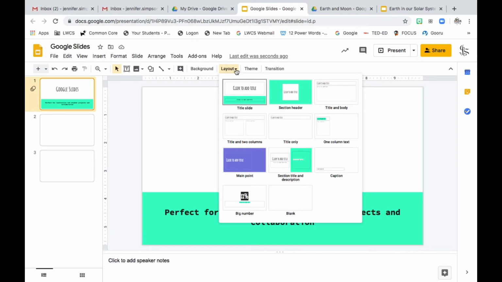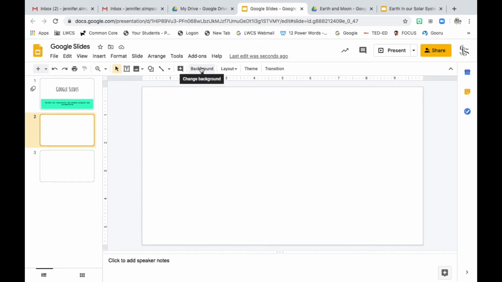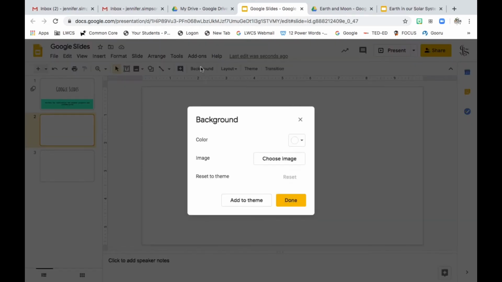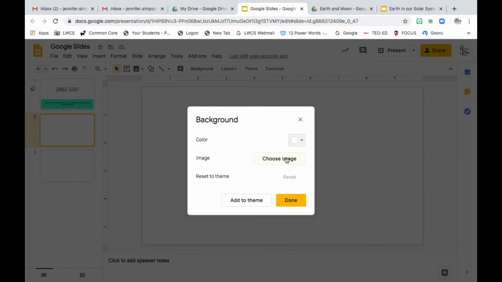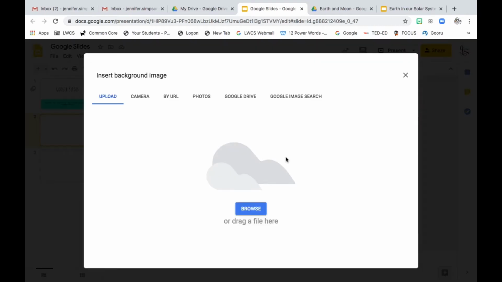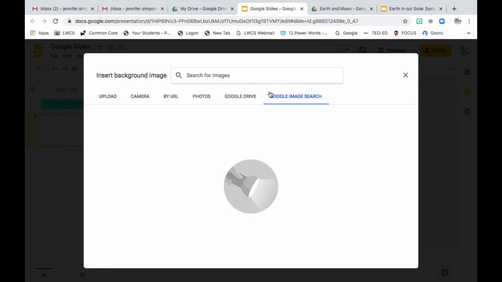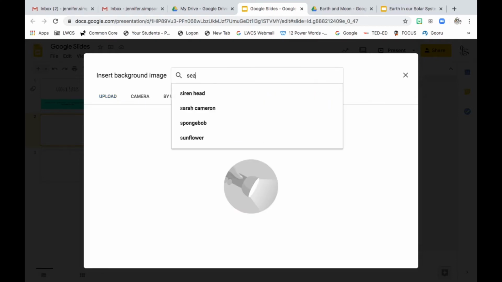Here are those layouts once again, like what we saw. So I always encourage you, anytime you see that drop down arrow, click it and see what options they give you. Background is something that our students have really become accustomed to using. You can change the color of your background, but what a lot of them love to do, if they're presenting on a specific thing, is to search and fill their background with that image, because it really brings to life whatever it is that they are